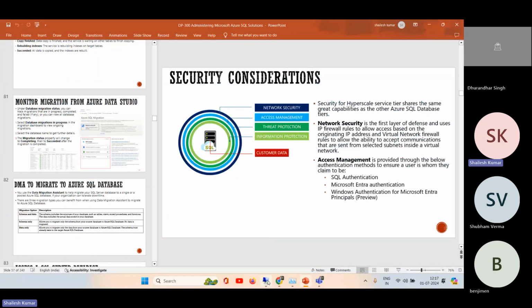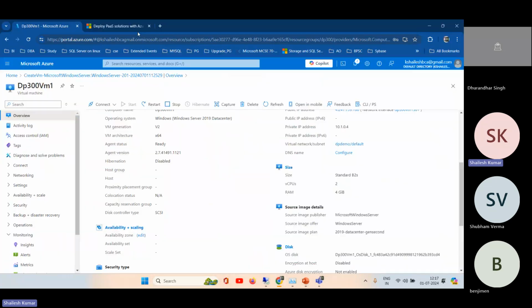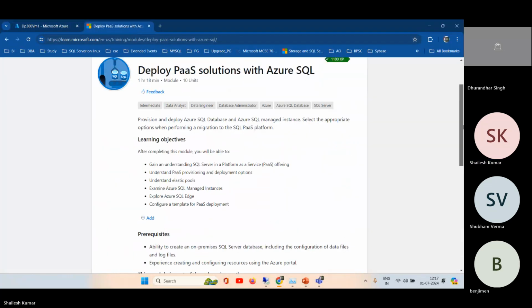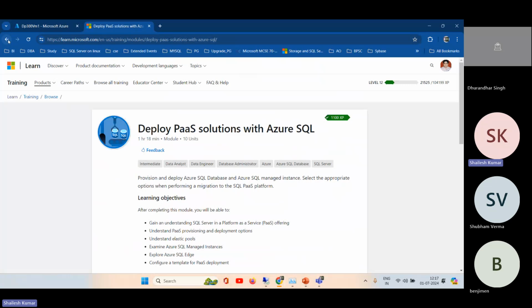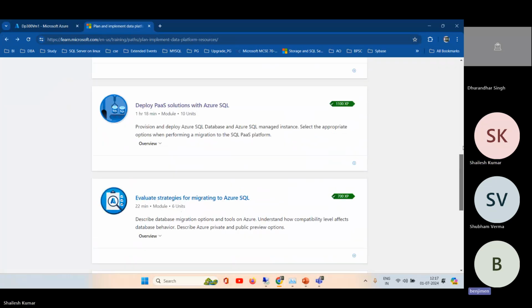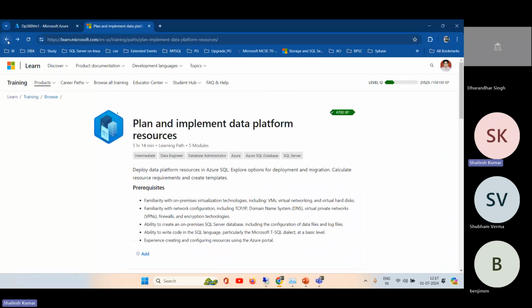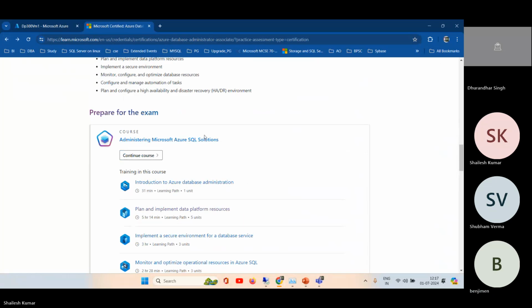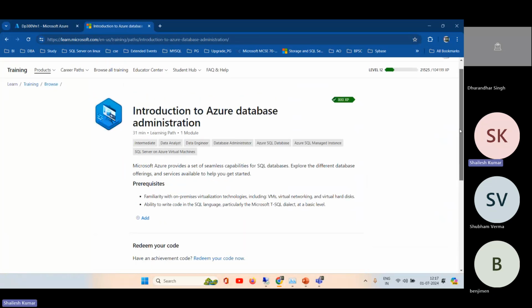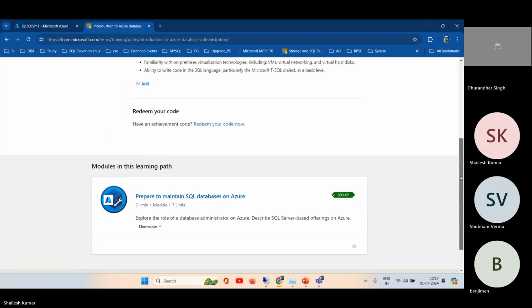According to this session, PaaS we will take tomorrow. Go back. This is the intro part. So what is inside this? Preparing and maintaining Azure DB.